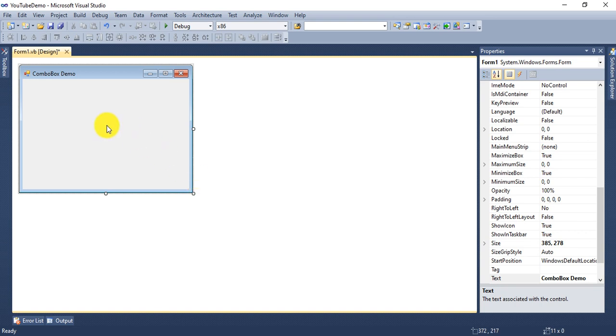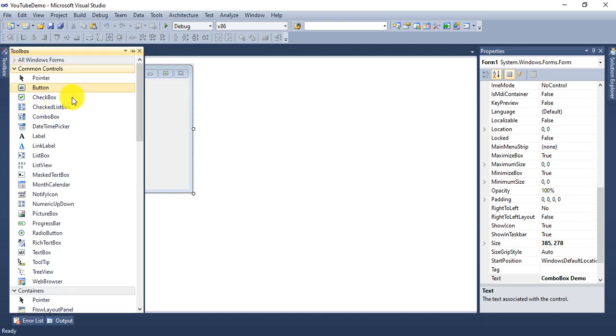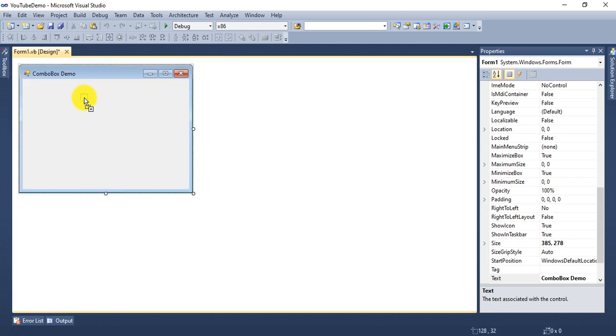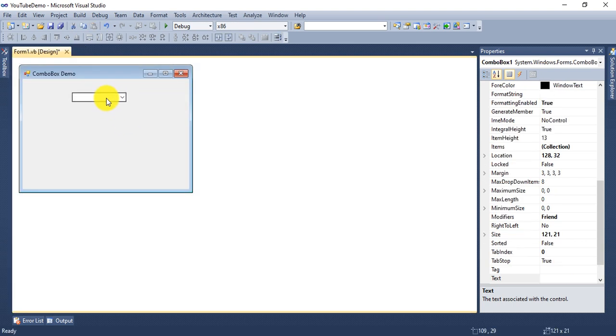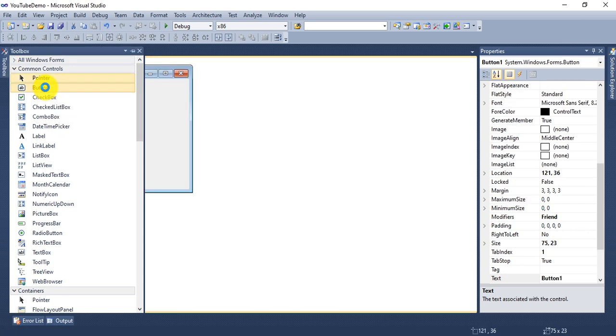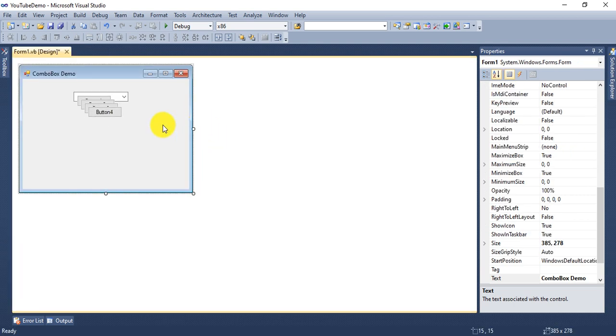Now I'm placing a combo box control here, just drag and drop. So it's my combo box control, and I will perform the same design here which I already performed in the last video: one button each for add, remove, display and close.